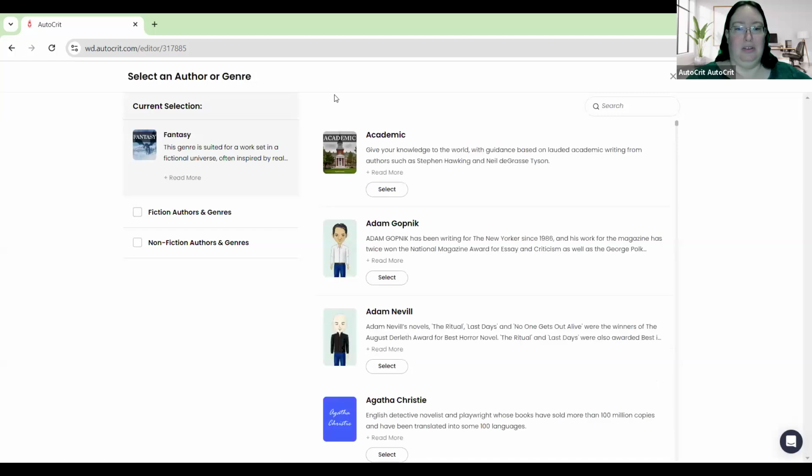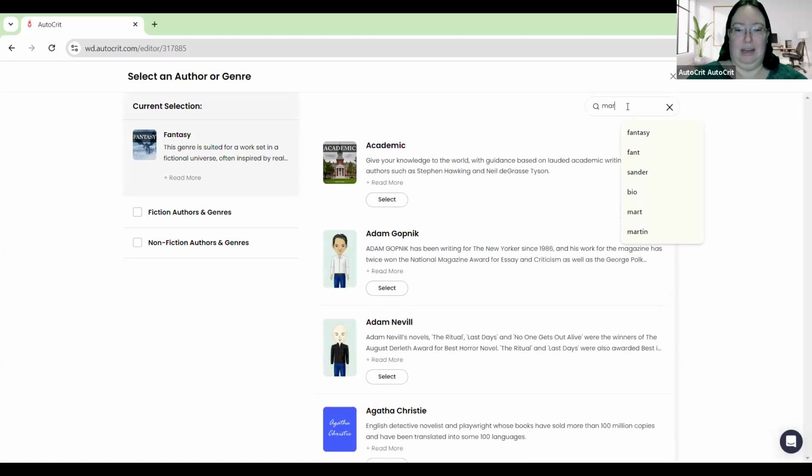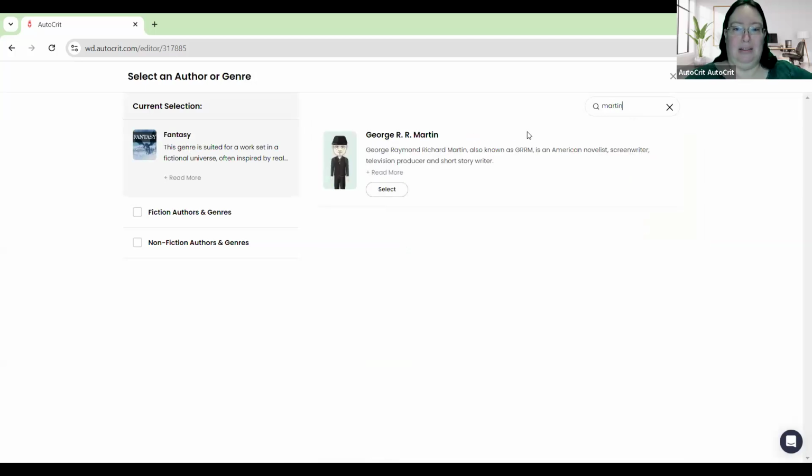And I can either choose to leave it fantasy overall, or I can pick an author whose audience I think would like the content of my book. And in my case, I try to write in a similar style to George R. R. Martin, but because his pacing is a little slower than I like as a reader, I try to run my pacing related reports that we'll get to today against Sanderson's, because Brandon Sanderson has a better flow and pace